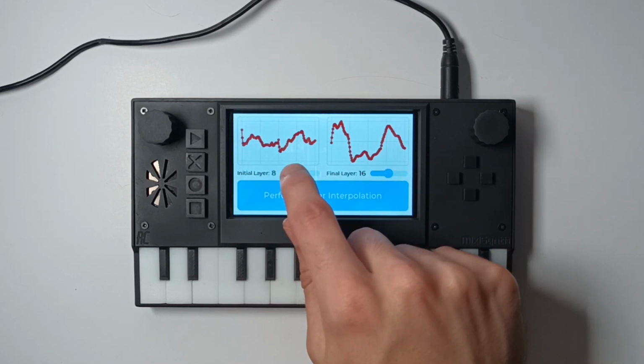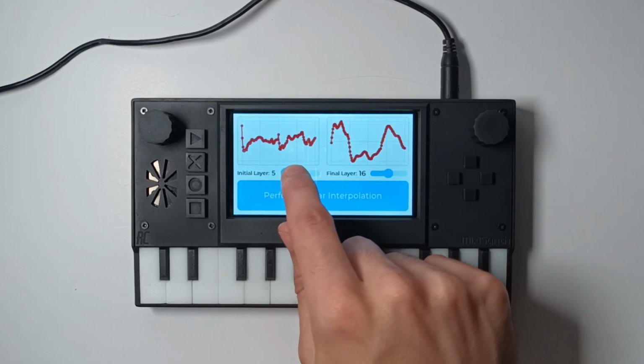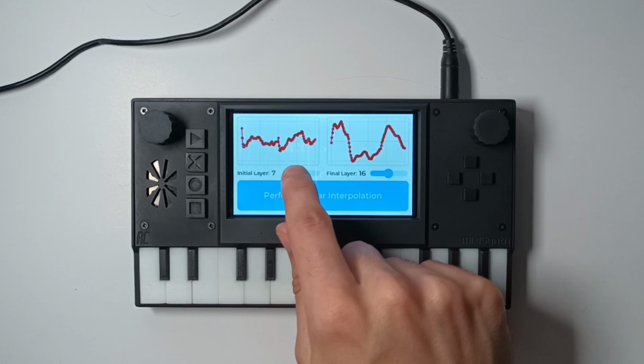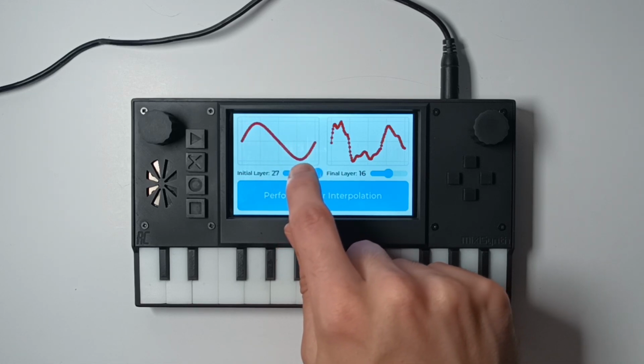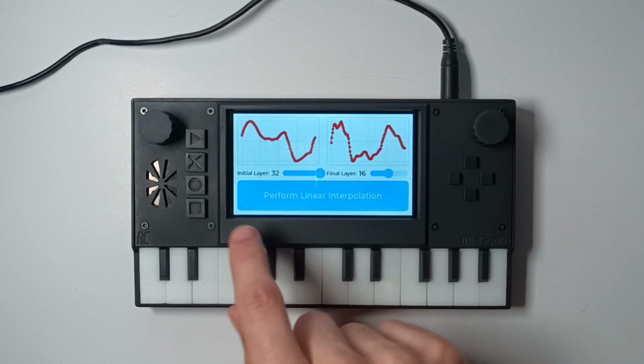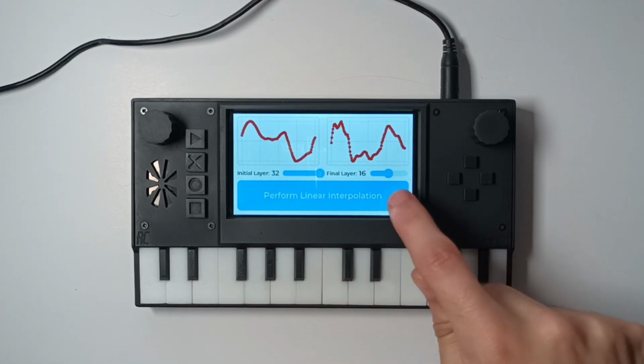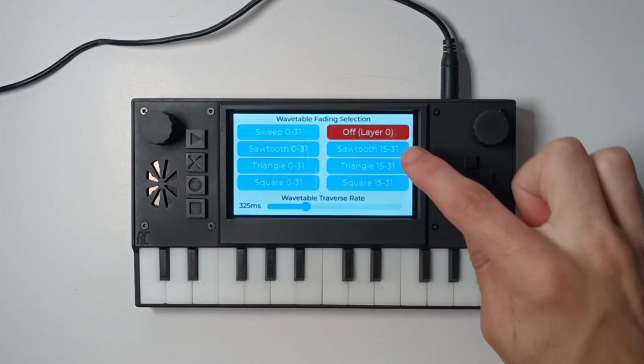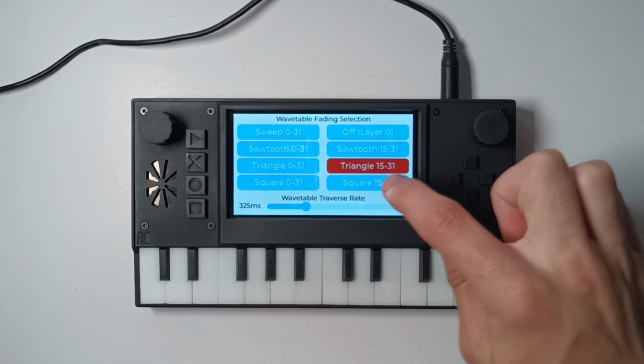By doing this, you can see that as I sweep back and forth, the two waveforms that I drew now kind of morph into each other, and this is going to allow the sound to slowly change between them over time. To make that happen though, I had to enter my wavetable fade menu, and you can see that in